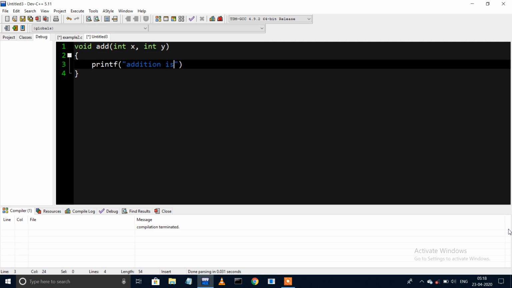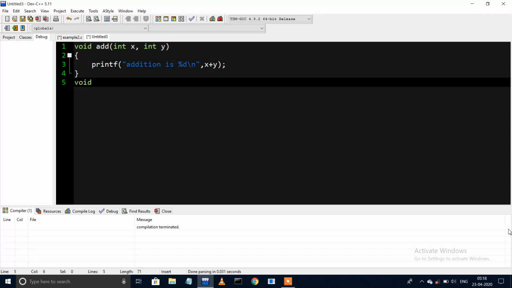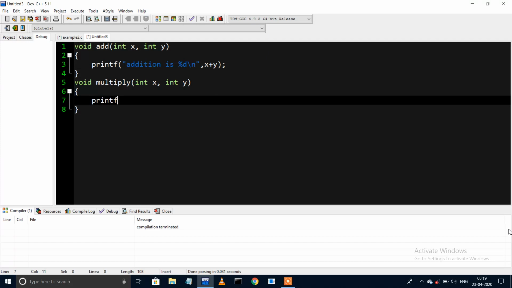Addition is %d, x plus y. And next I'm writing one more function, multiply. You can write many more functions, however many you want, but the main motive of a header file is to reduce the code